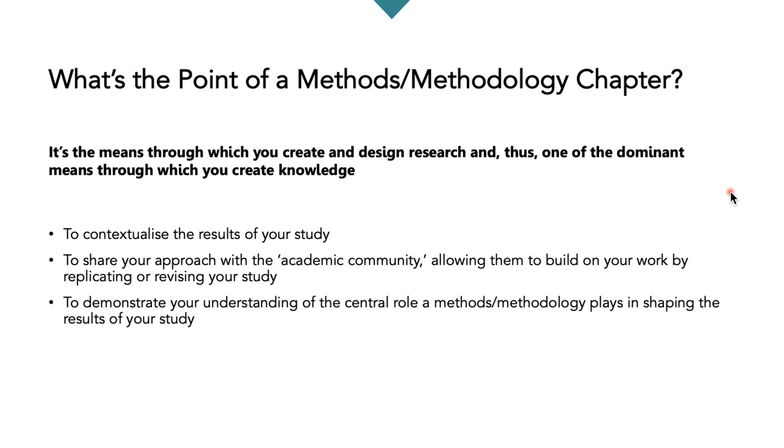Very much like the contextualization point I made a minute ago, your marker's looking for your ability to show that you understand how certain decisions in this phase of research have a direct impact on subsequent decisions or outcomes. They want to see your ability to understand when qualitative or quantitative is necessary, to pick suitable instruments, and to make good decisions. And that has to be clearly articulated in this chapter. That's why we're going to focus on structure later on,